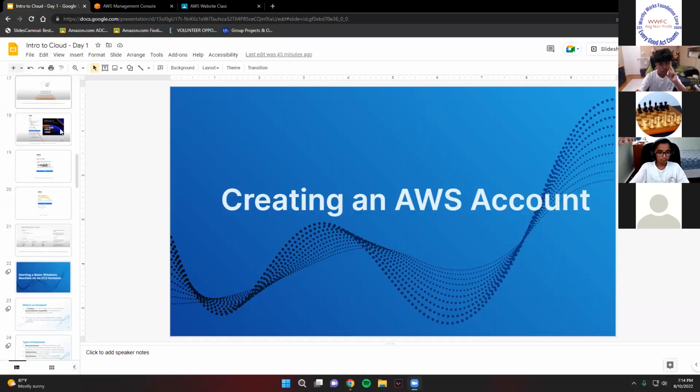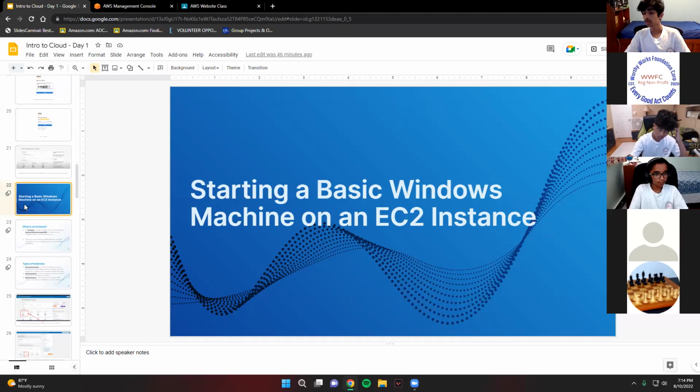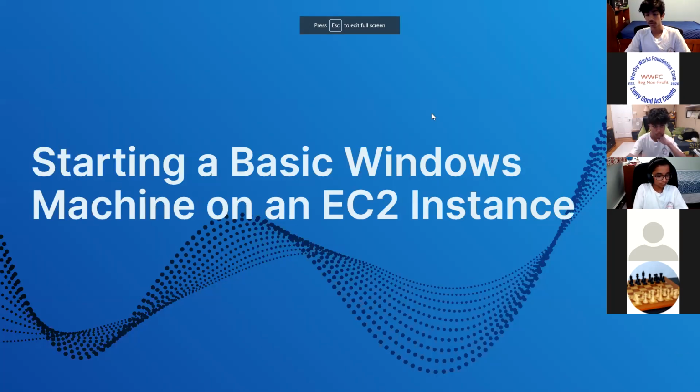I'll reshare my screen and now we can just dive into projects. So the first thing we're actually going to be doing is using the instance EC2. As I mentioned earlier, that's basically accessing a resource in the server. So we're actually going to be starting a basic Windows machine, and we're going to be hosting it on a server in the cloud. Now keep in mind, since we're using free services in Amazon, it's not going to be a really powerful machine. It's just to basically show you guys how you can run something like this on the cloud.